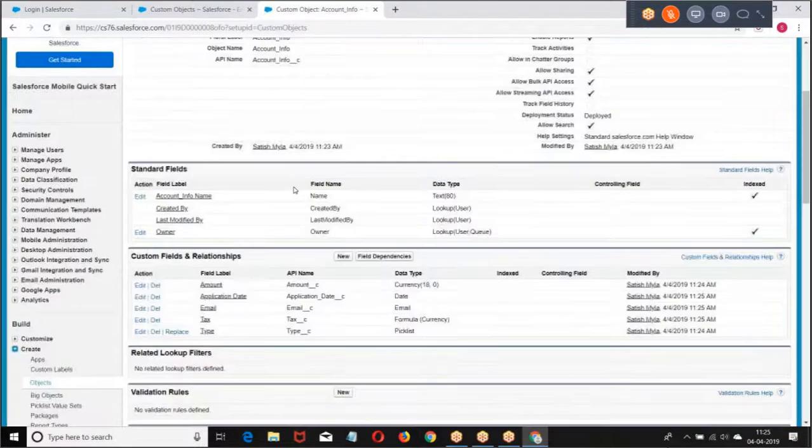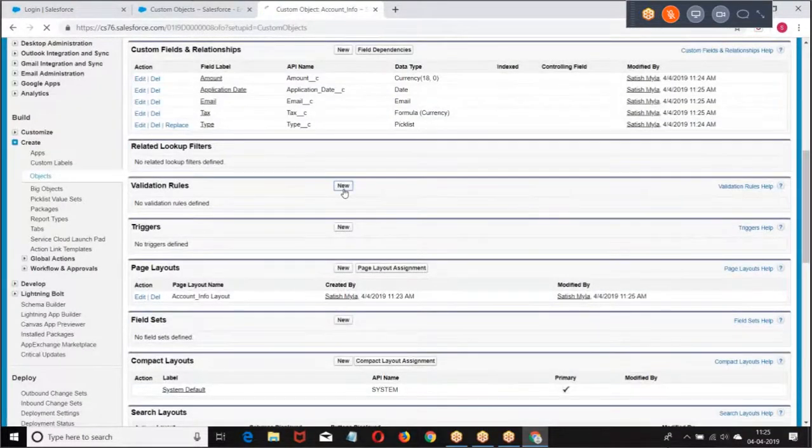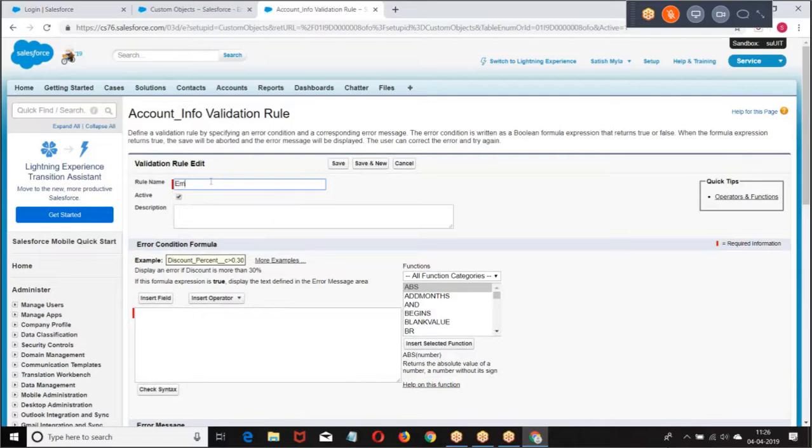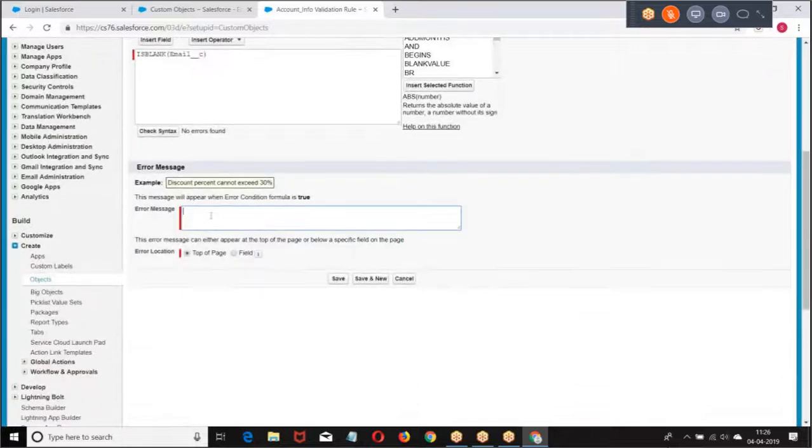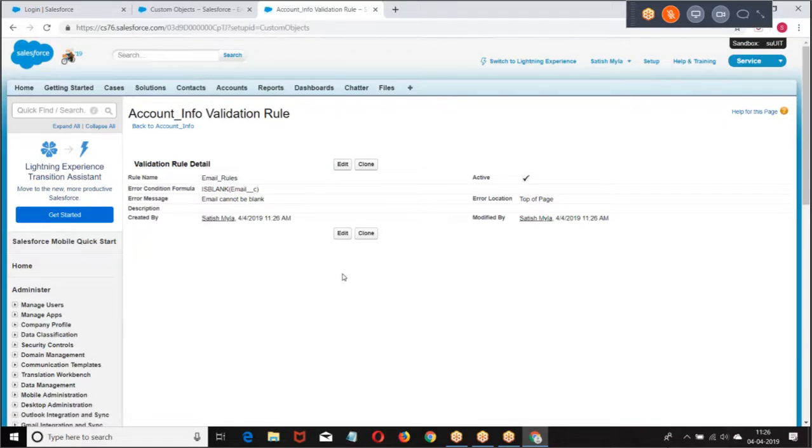Formula creation is done. Validation rules I want to write. Is blank of email. Right. This is how we have created.